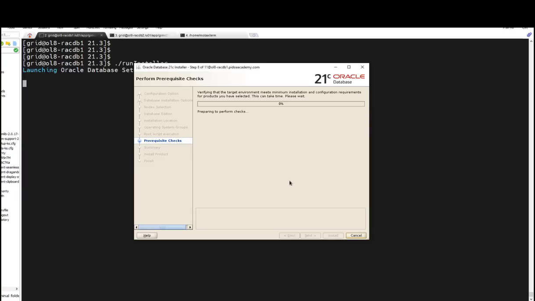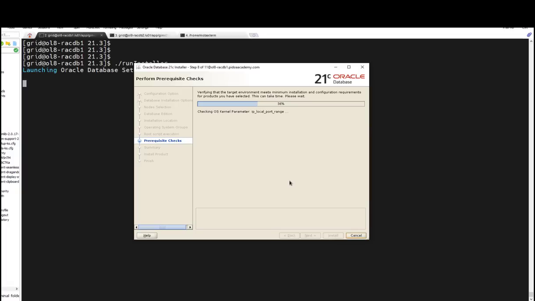So our software installation is going to start. After the 21C Oracle database software installation, we can now proceed with the upgrade, because to upgrade the grid infrastructure management repository database you need 21C database software, right? So that's what we are doing now.